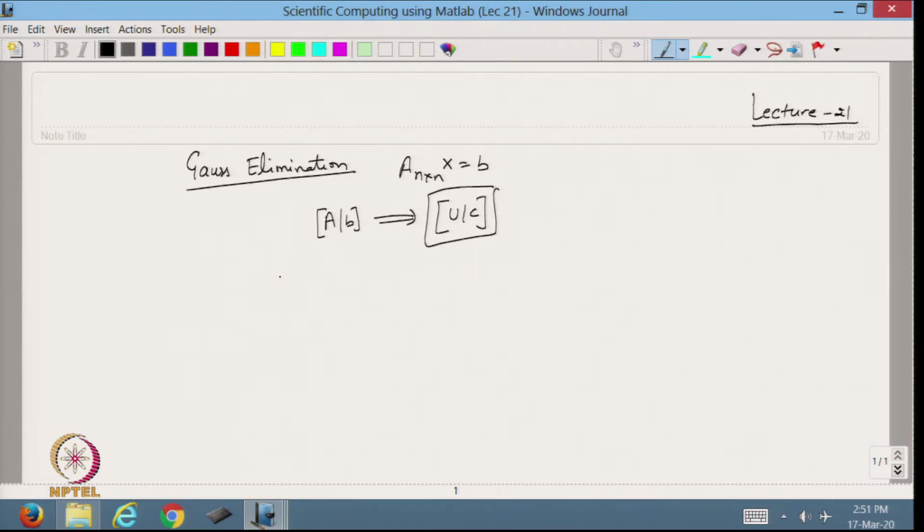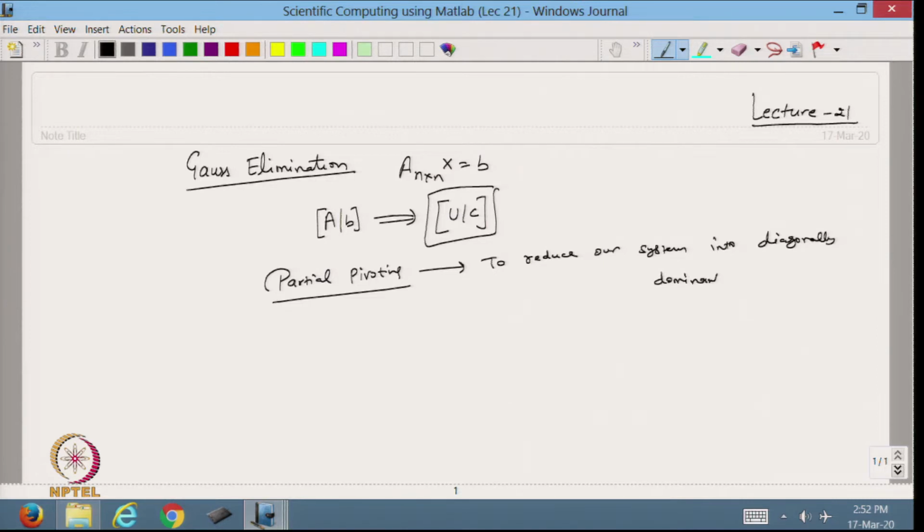After that we discussed partial pivoting. Partial pivoting we use to reduce our system into a diagonal dominant matrix.